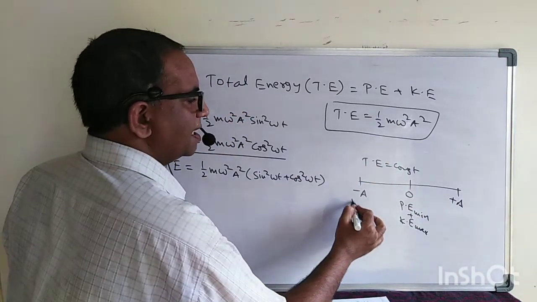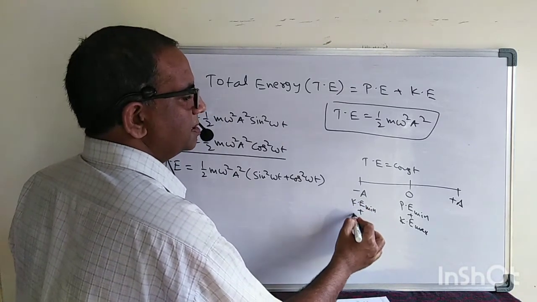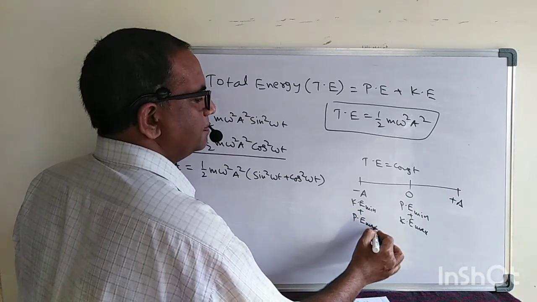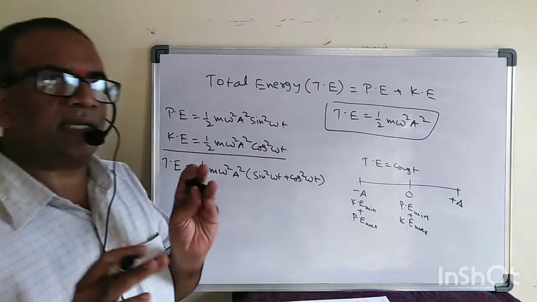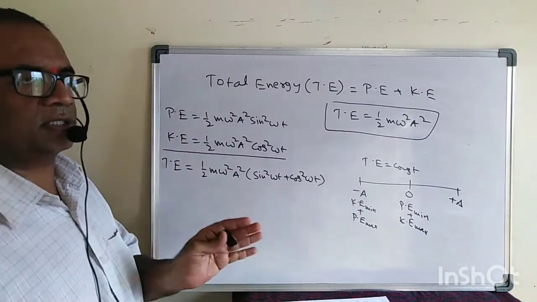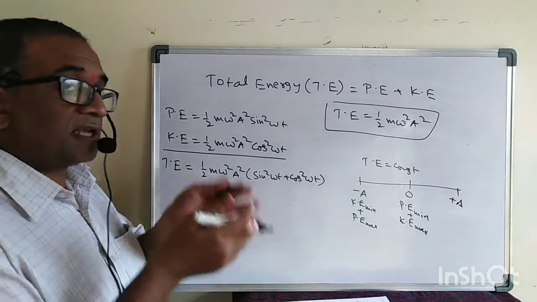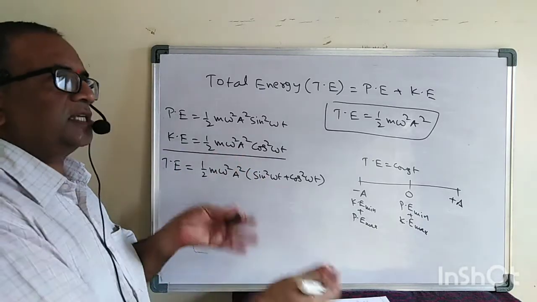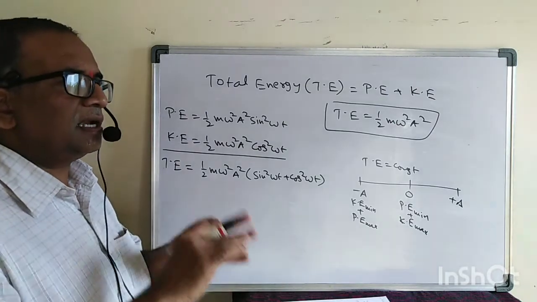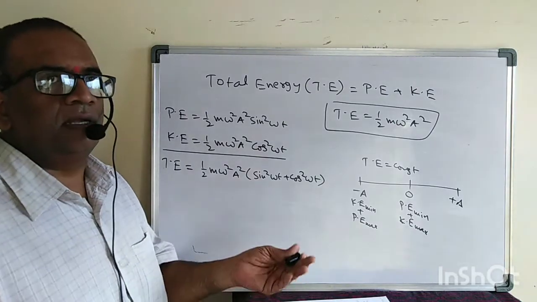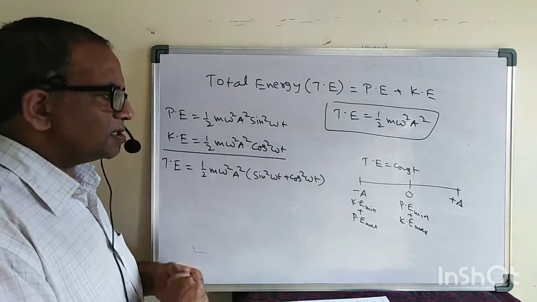And here the kinetic energy is minimum, that is nothing but 0, plus the potential energy is maximum here. The same thing on the other side also. So the total energy of the particle in SHM is always constant. It doesn't change. If it is damped, or if some friction or some external forces are there, then the energy may change, or be delivered in other forms like heat, sound, or other forms. Those are different cases; we don't have them now.